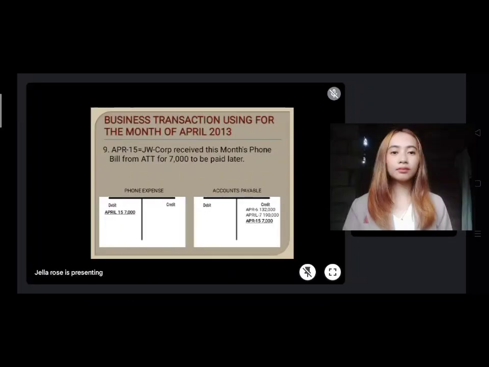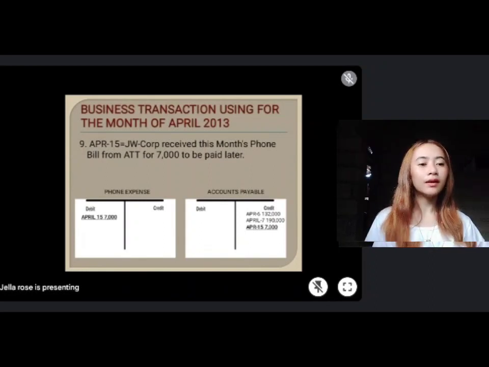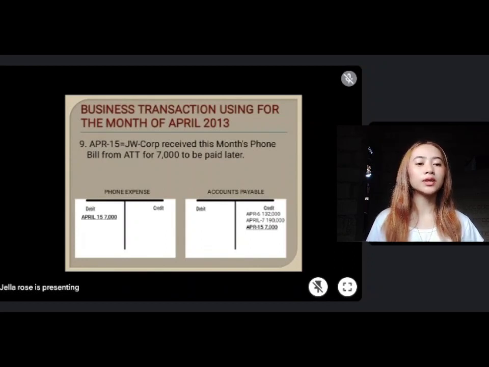Number 9, on April 15, JW Corp received this month's phone bill from ATT for 7,000 to be paid later. On April 15, the transaction increased expense and liabilities. The phone expense is debited 7,000 because JW Corp received a phone bill, and the accounts payable is credited 7,000 because